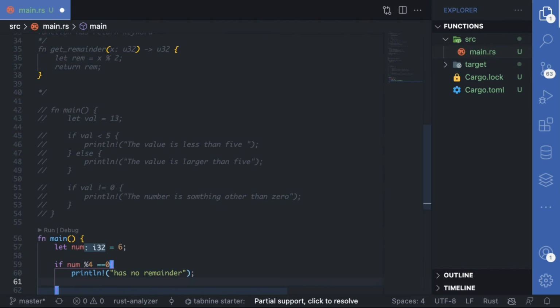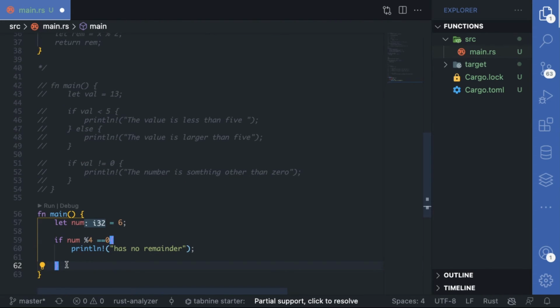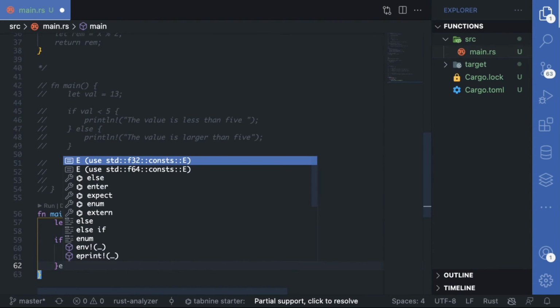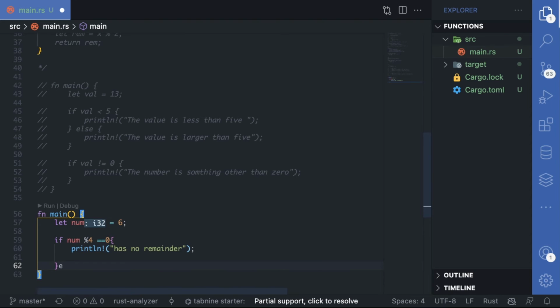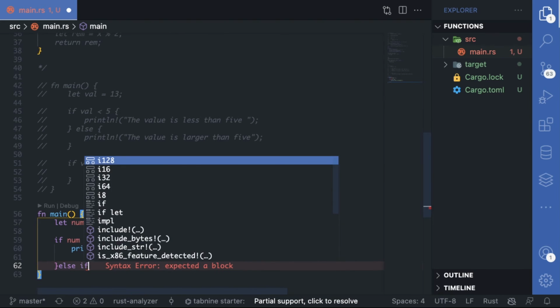Then we can have an else statement, else if number